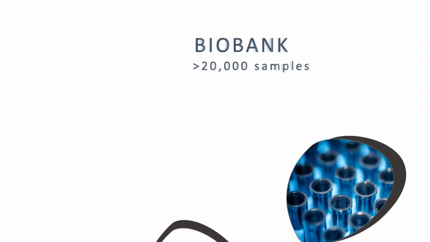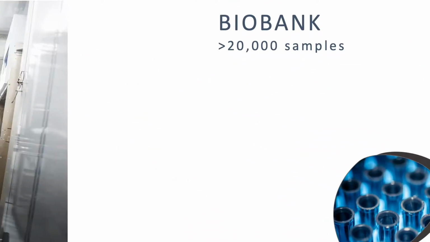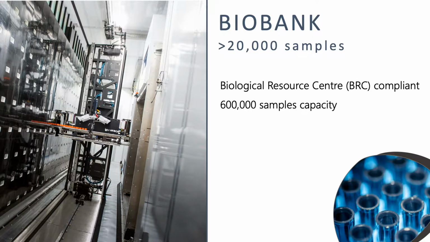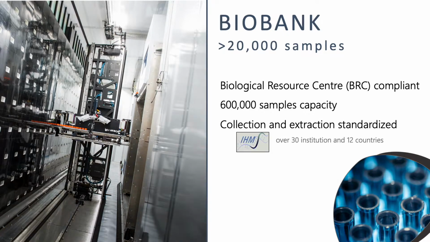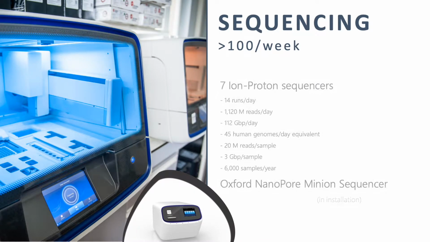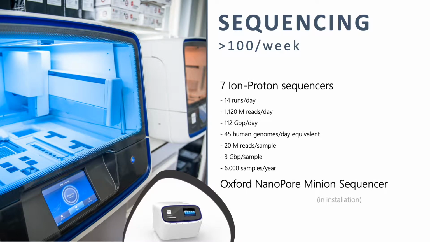The biobank is currently storing more than 20,000 samples and has a total capacity of 600,000. It follows standards agreed with 30 institutions for collection and extraction to ensure quality of the information stored. INRA is currently sequencing more than 100 samples a week, with 7 Ion Proton sequencers and soon an Oxford Nanopore